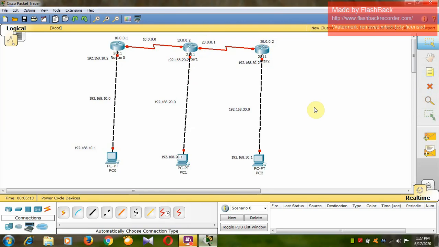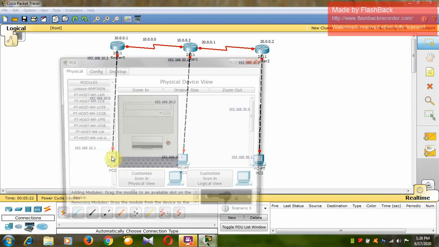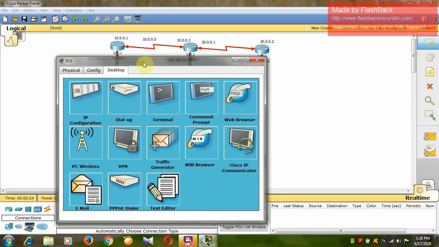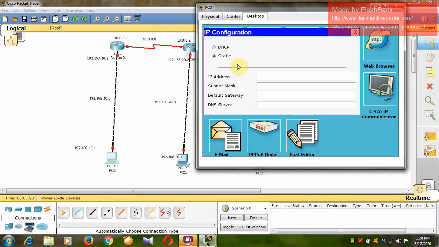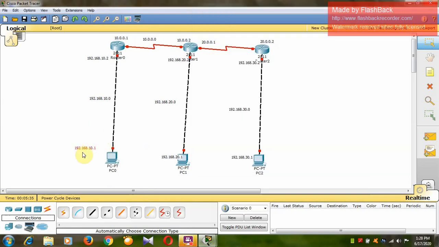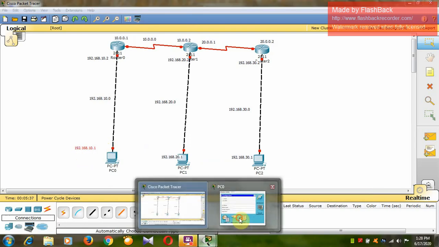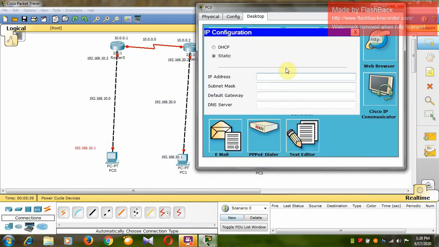Now you have to assign the IP addresses to these devices. So in order to assign the IP addresses, let us go to PC0, go to the desktop and IP configuration. I have taken the IP address for this PC as 192.168.10.1, so I need to assign that.